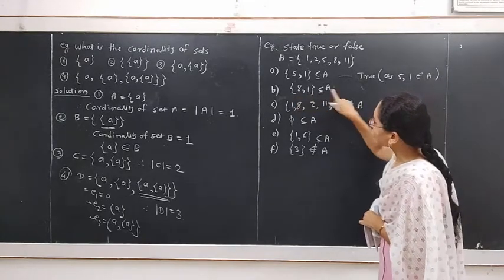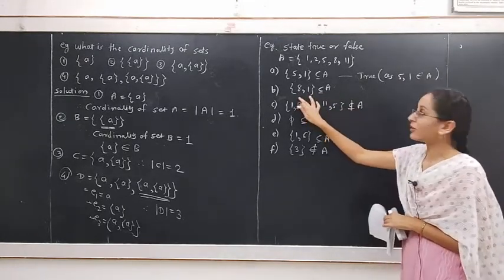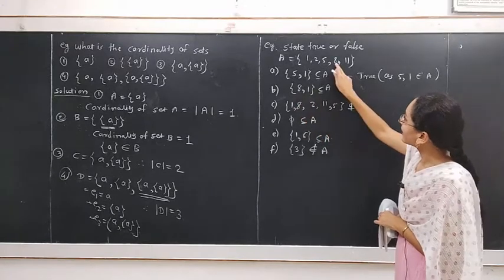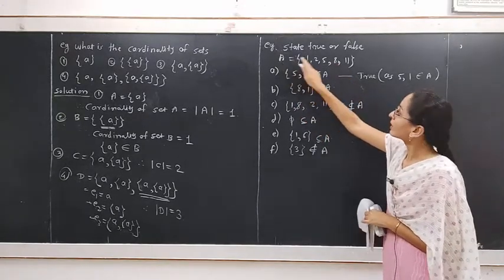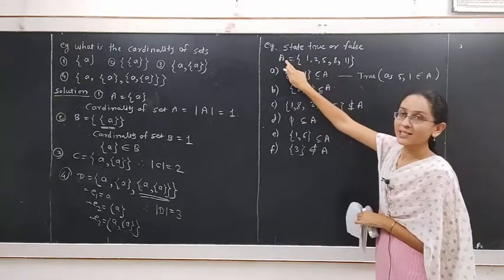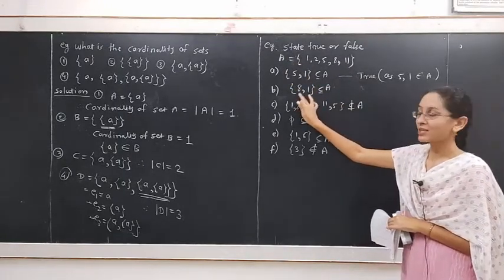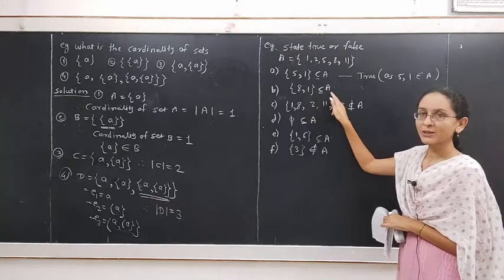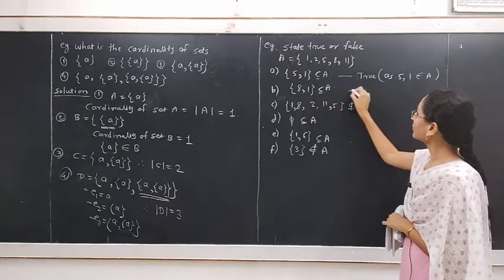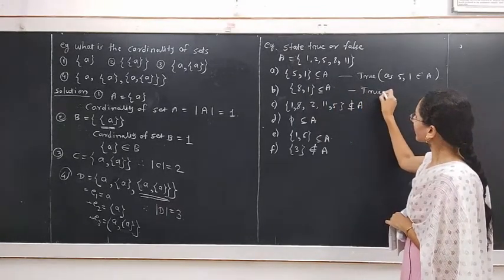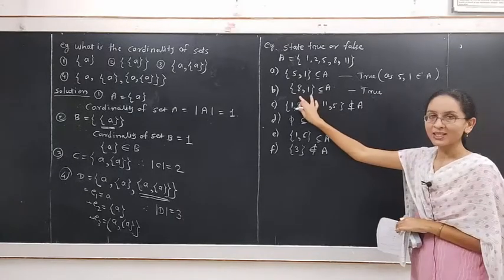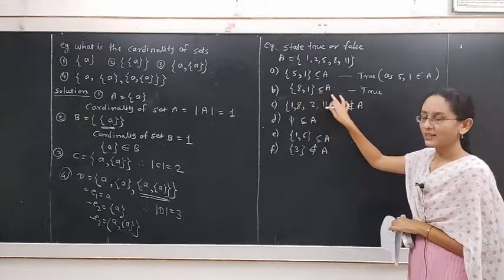In the second example, the set is given as {8, 1}. See, the element 8 belongs to set A, and the element 1 is also present in set A. Therefore, this set consists of 2 elements, 8 and 1, and is a subset of A. This statement is true